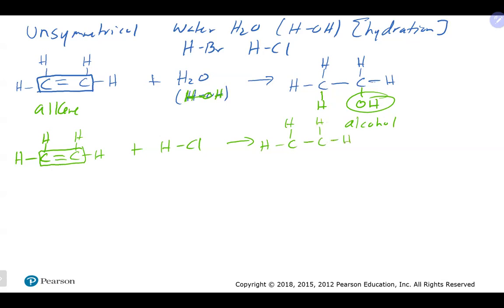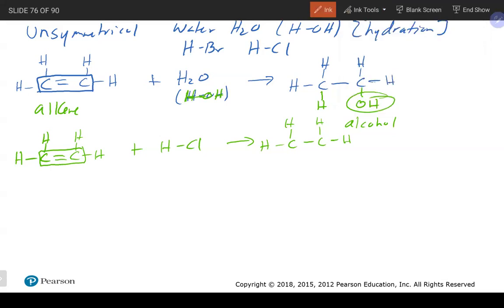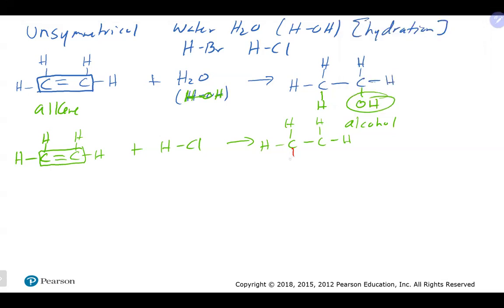And in this case, that will then open up space for a hydrogen here and a Cl here. By the way, in these two examples, it doesn't matter which carbon you put the hydrogen on or which carbon you put the Cl or OH on, because if we went to name this guy, this would be